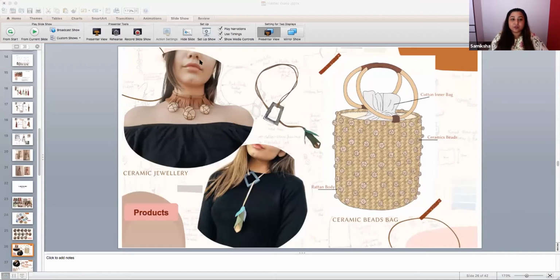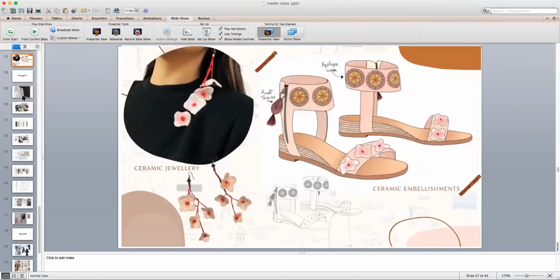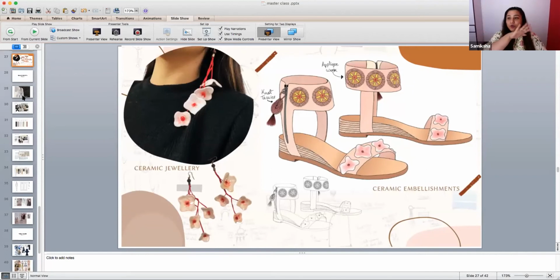So if you make objects which are on software also, make sure you put that in your presentation, because it will only show that you're ready to explore in every material, in every aspect, 2D or 3D. Then you can see the final jewelry, and the colors which are used around the whole layout give you the bohemian feel, the browns, the shades, all those colors. And in the back of the page, the layout, you can see some sketches, which shows the whole journey of the entire final product.